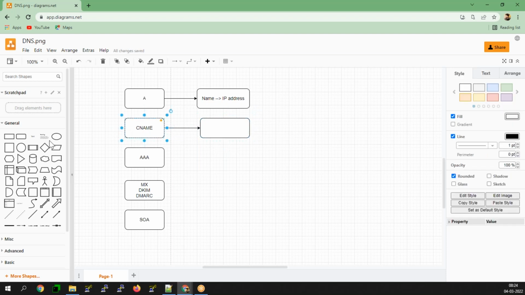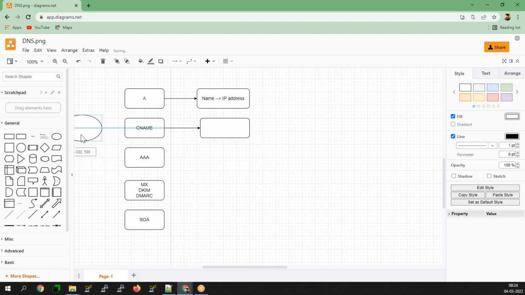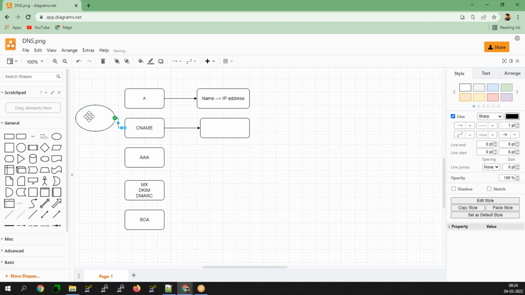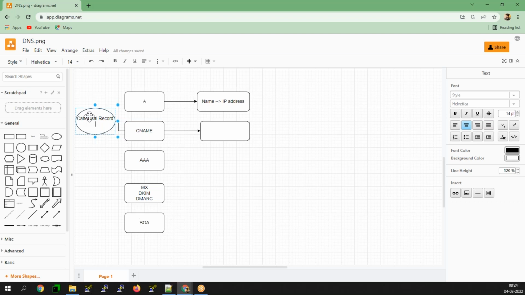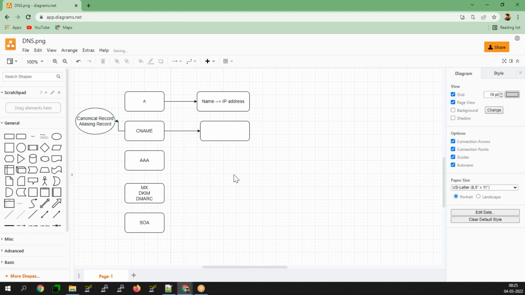This is called a canonical record or aliasing record.